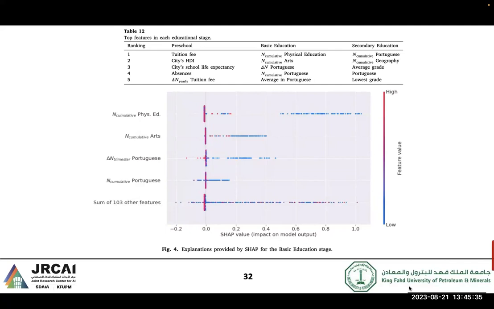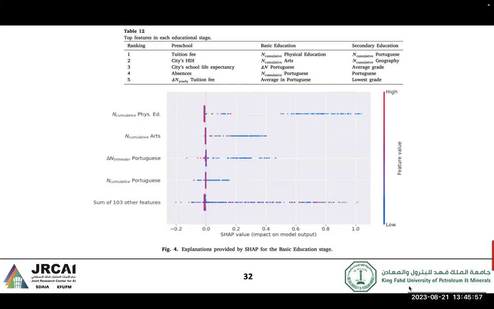All right, so we have different data: some data for preschool, some for basic education, some for secondary education. This one is for basic education. The most important attribute was the marks in physics.